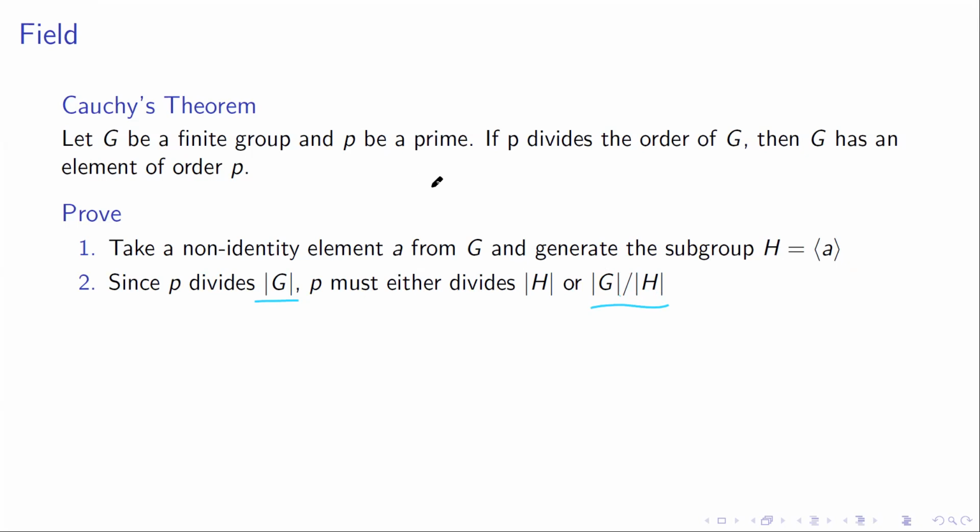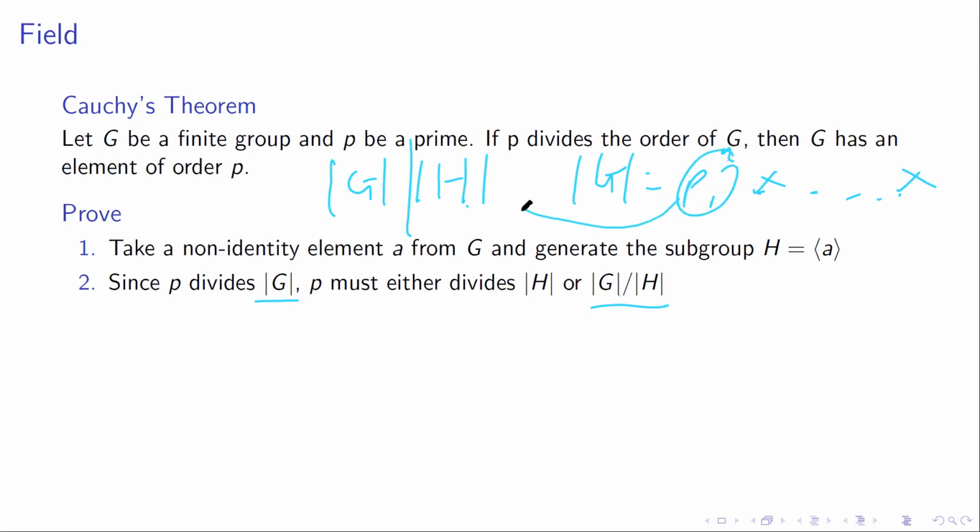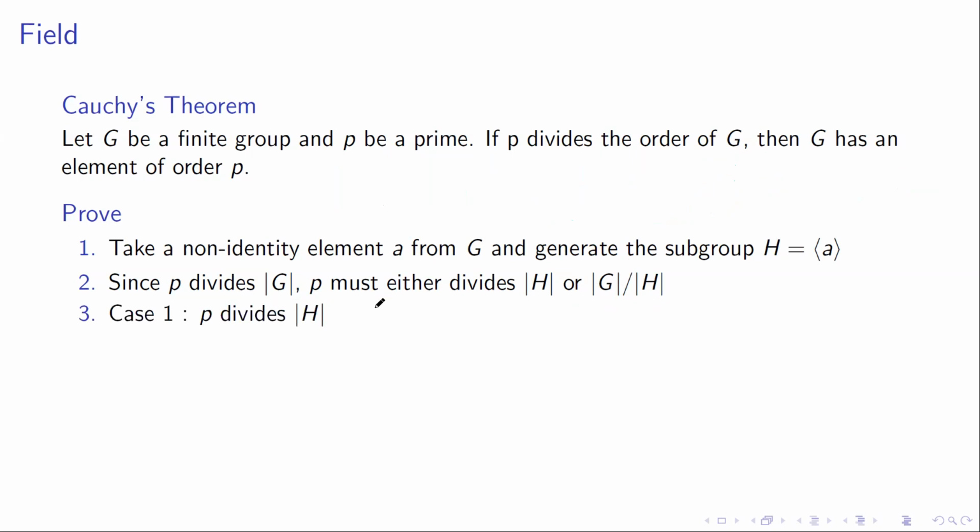Because from Lagrange's theorem, we know that the order of H divides the order of G. So if the order of G equals some p1 times something, then this p1 might be in H. So p must either divide the order of H or divide the quotient of this. So let's look at the first case: if p divides the order of H,